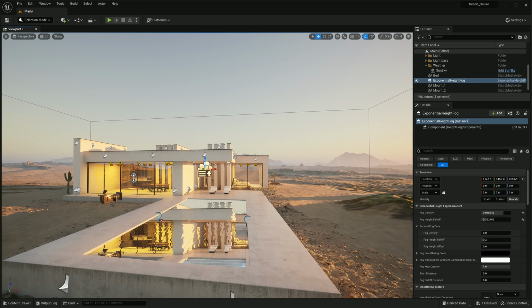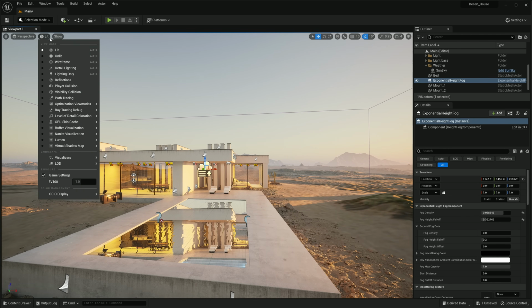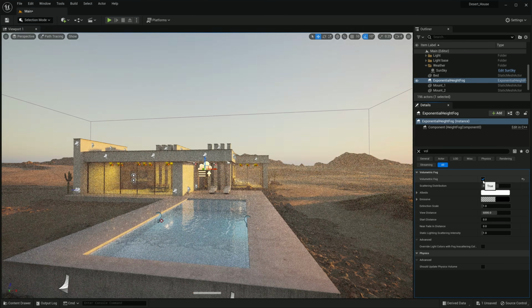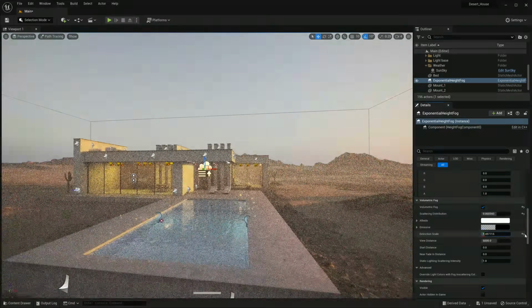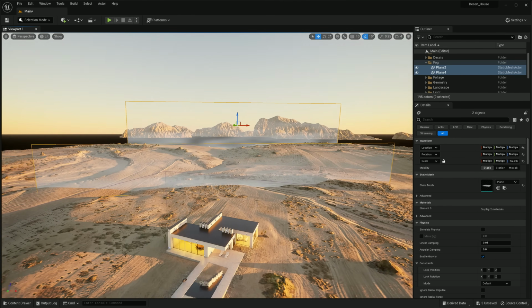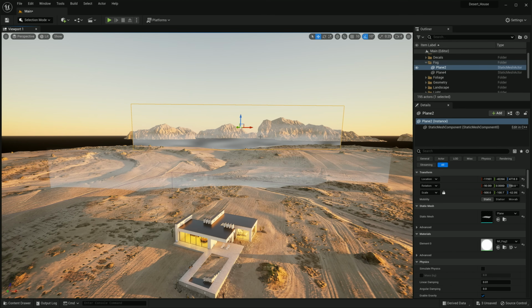Due to limitation of the Path Tracer, I had to reconfigure the scene. In Unreal Engine 5.1, exponential height fog is supported in Path Tracing that has volumetric fog enabled. I tried setting it up, but I don't like how the render looks with exponential height fog, no matter how I set it up. So I made my own simple fog to be similar to what I have in other